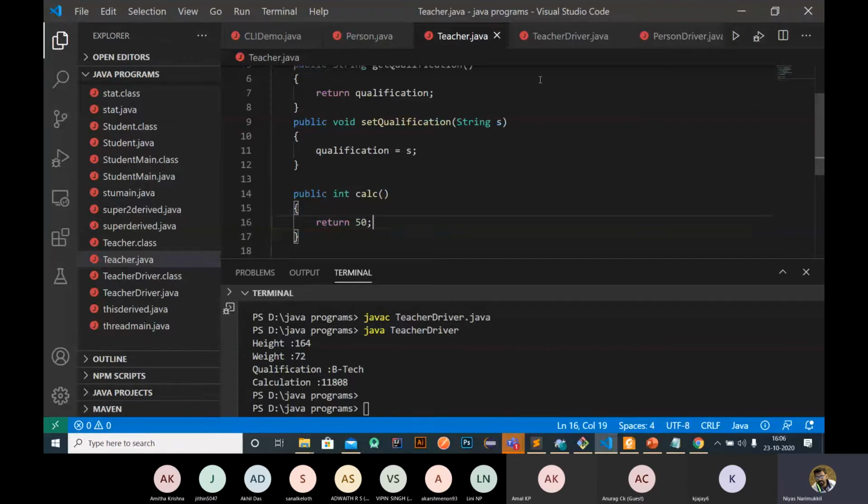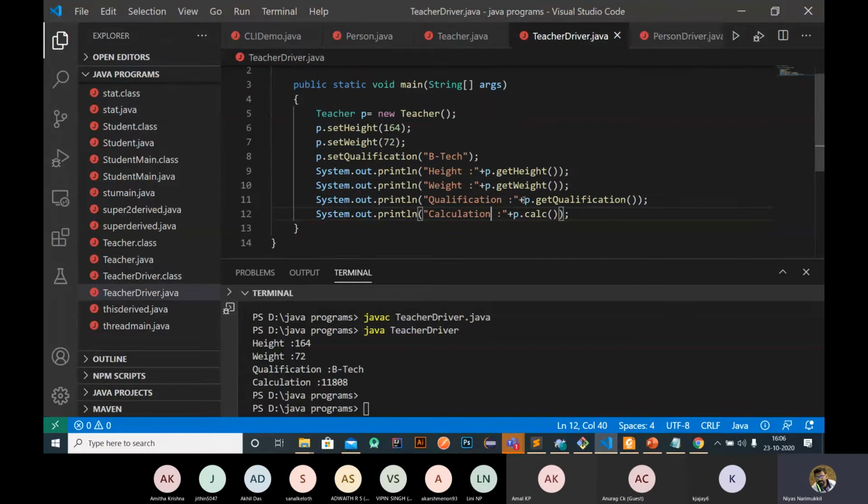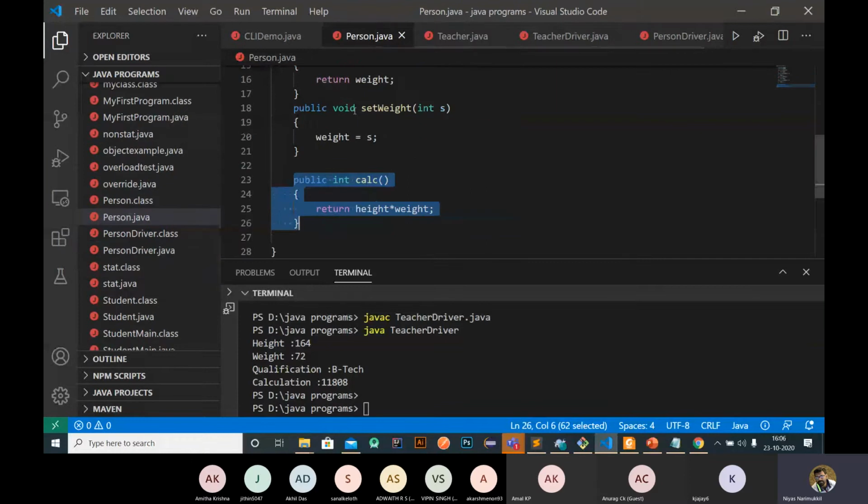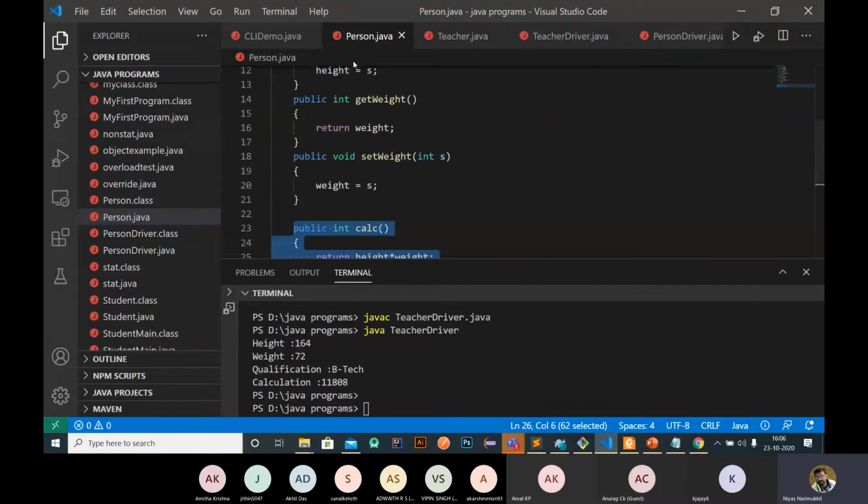So when we create an object of that child class and call this function calc, it will check whether that function exists in the teacher class itself. If the function exists in the teacher class, then it will call that function instead of going back to the person, our parent class.